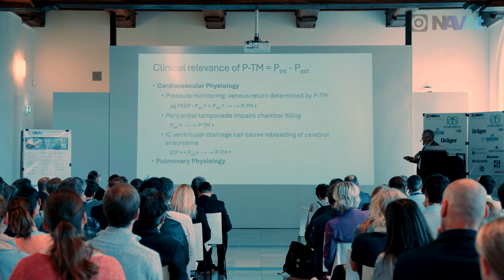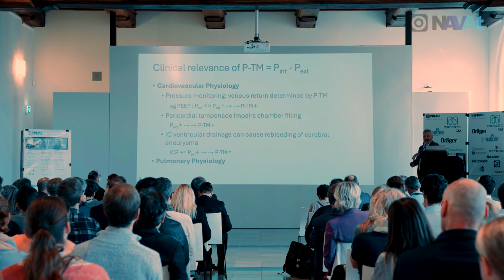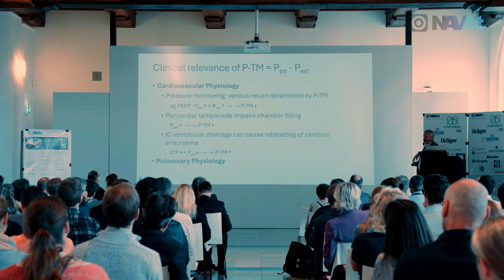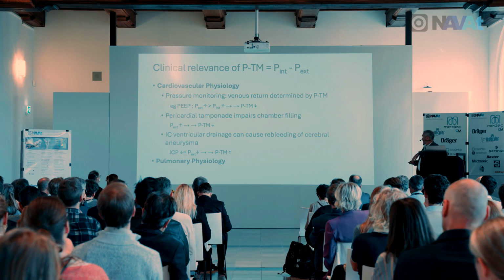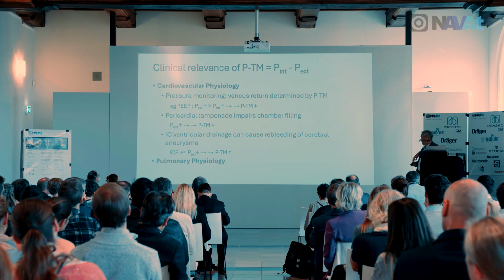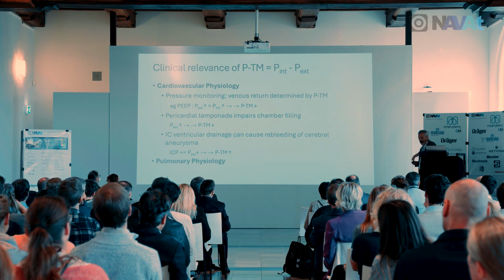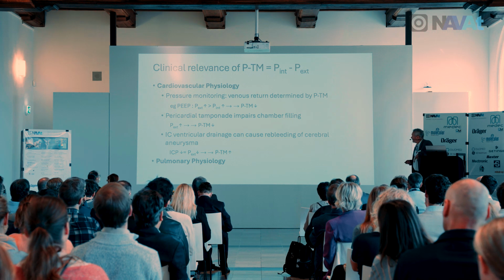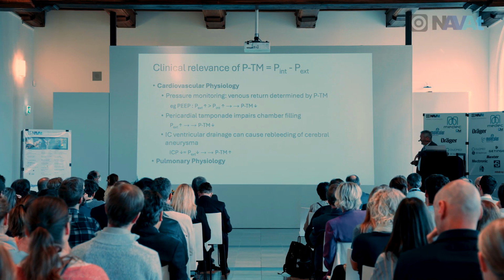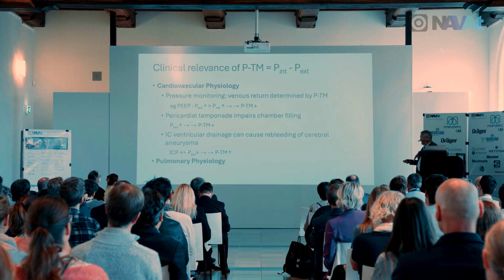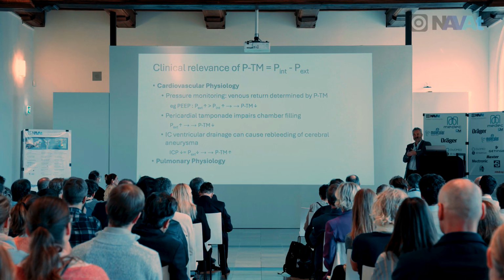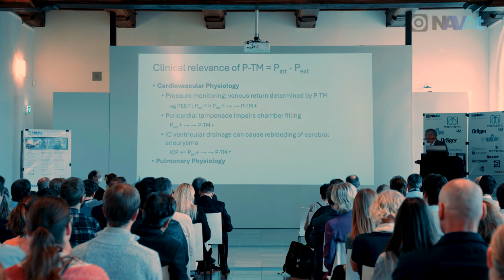Pericardial tamponade, of course, there the external pressure due to blood collection increases, and then transmural pressure, or the difference, decreases, also inhibiting filling. And another less familiar example: if you drain patients with hydrocephaly and an aneurysm, if you drain the intracranial ventricles, that can cause rebleeding. It's a high risk for rebleeding of an aneurysm, because what you do now is you take away the pressure externally, and although blood pressure doesn't change, it changes the transmural gradient and blows off the aneurysm.